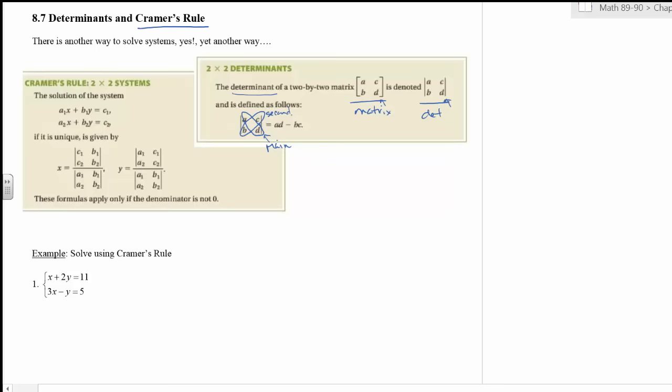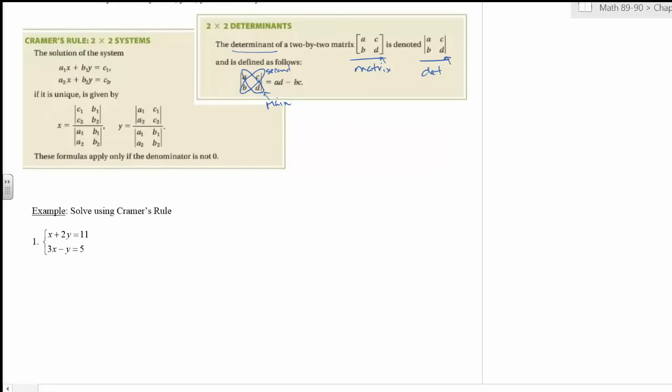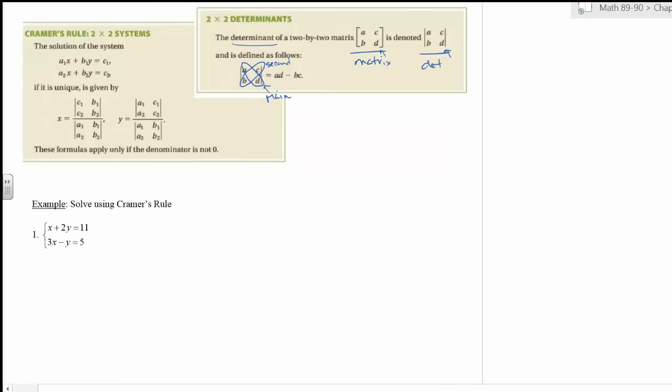Okay, so how does Cramer's rule work? Well, first, you've got to calculate the determinant. So we need to know what the determinant is of this particular system. We call that determinant the main determinant D. And actually, I'll say equals D. And so I'm going to use those bars. And so the main determinant D is,